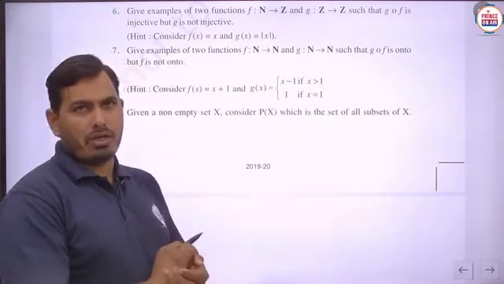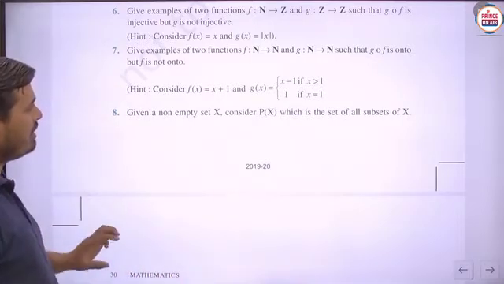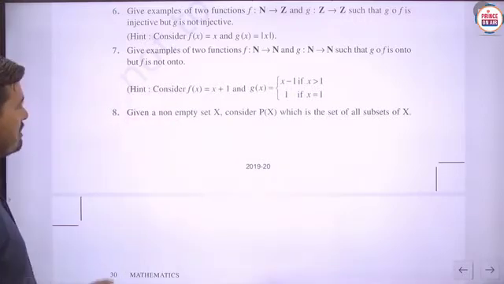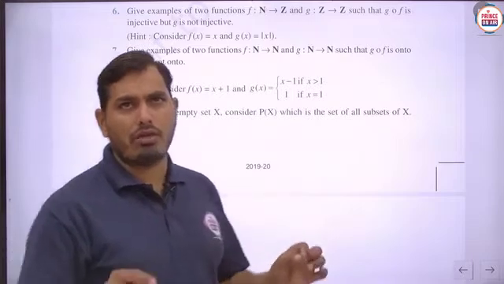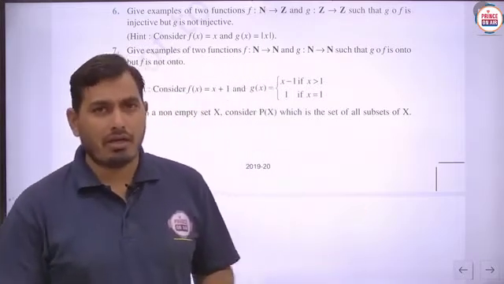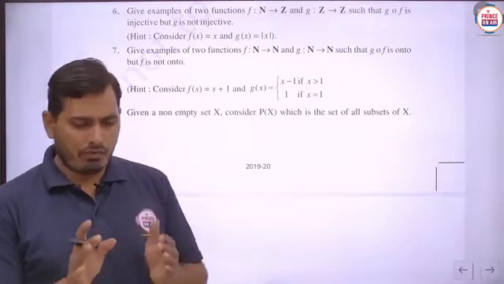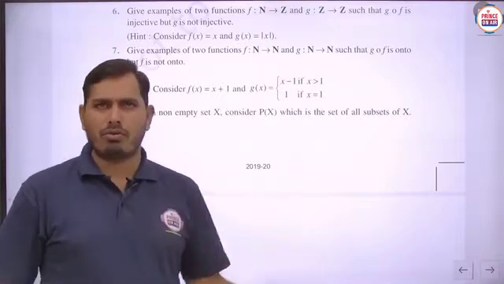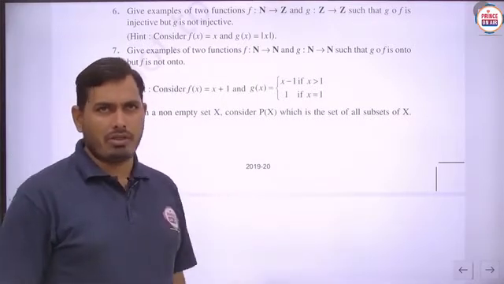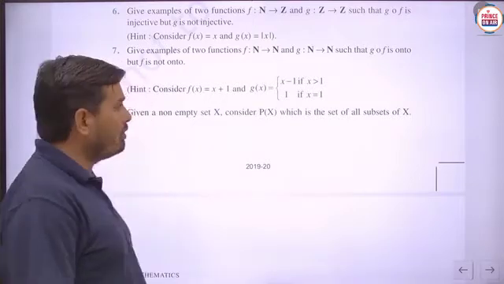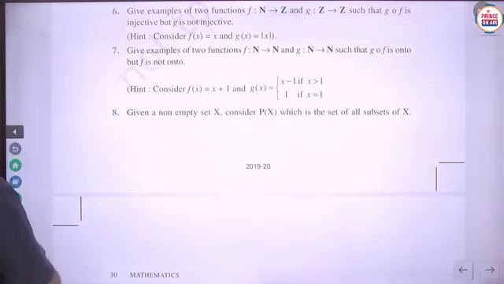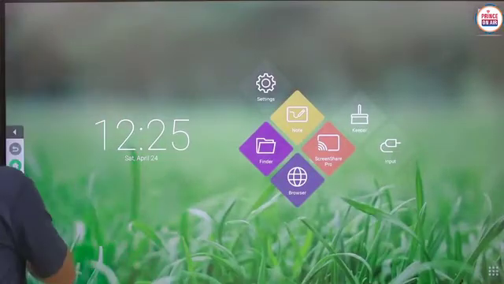So importantly, student, here we are providing the result where g∘f is onto but f is not onto. You know very well about the onto function. In the case of an onto function, every element of the codomain has its pre-image in the domain, or you can just prove that codomain equals range. Then we will check which is onto and which is not onto. So here g∘f is onto but f is not onto. This case is to be checked here. Then we will take this question on the board.